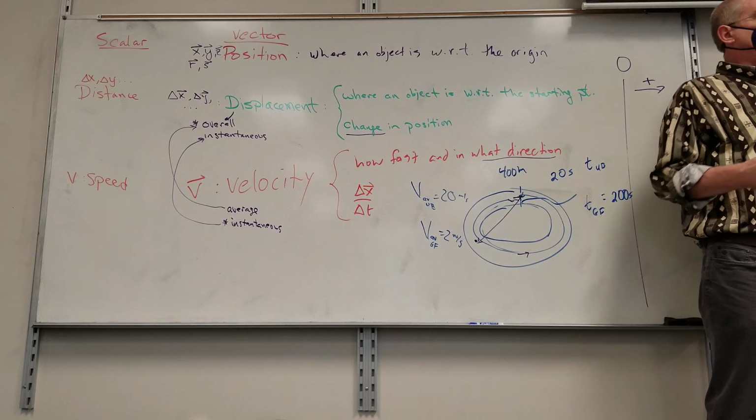Did I get close to what you were asking? Yeah, kind of, because the displacement is going to be negative once you're off the starting point. It's going to be negative when I'm on the, I just said, let's make that way positive. I could just as easily make that way positive, but so that way is positive. So whenever I'm on the negative side of my starting point, I have a negative displacement. Even if you're still on the positive side, I'm on the positive side of zero, but the negative side of my starting point.